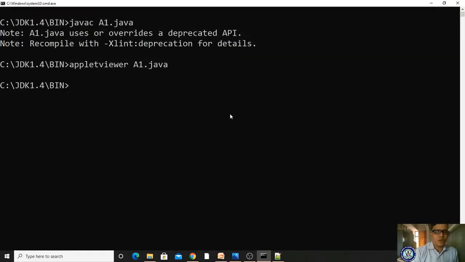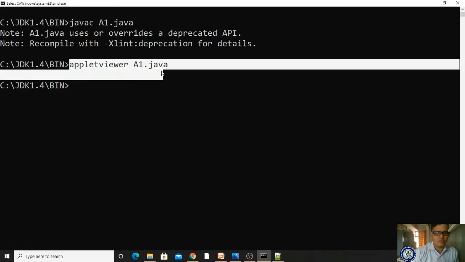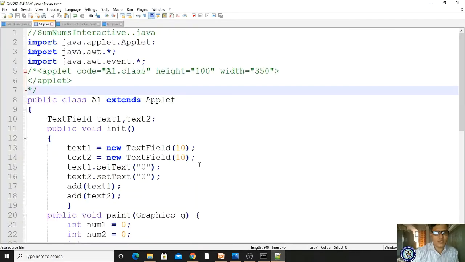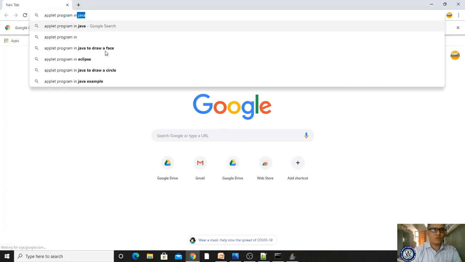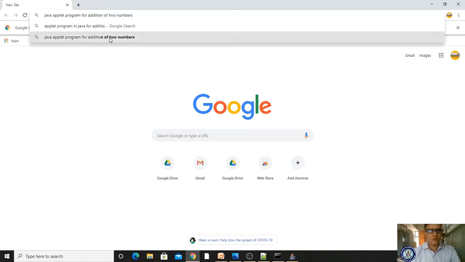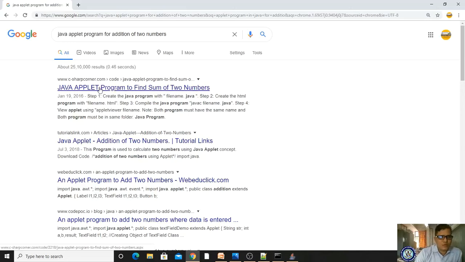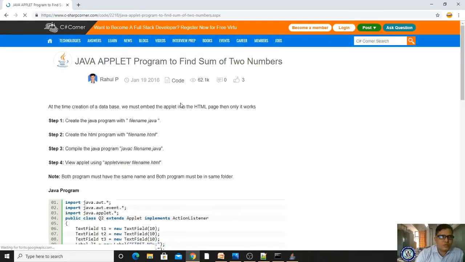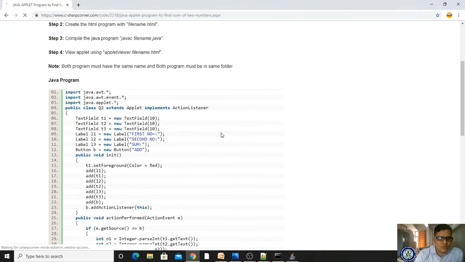Sometimes it will give applet not initialized. At that time we have to see the fully qualified name. So here the names are mismatching. Okay, I just renamed it with this concept. Okay, a program in Java for addition of two numbers. Okay, we try addition of two numbers here. The same is taken.